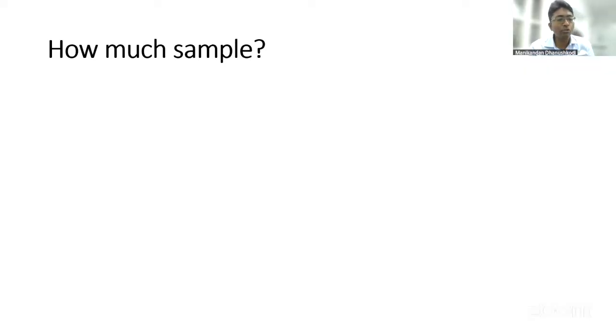So it's very important for the treating team to take a decision on bone marrow sample. The primary reasons are,